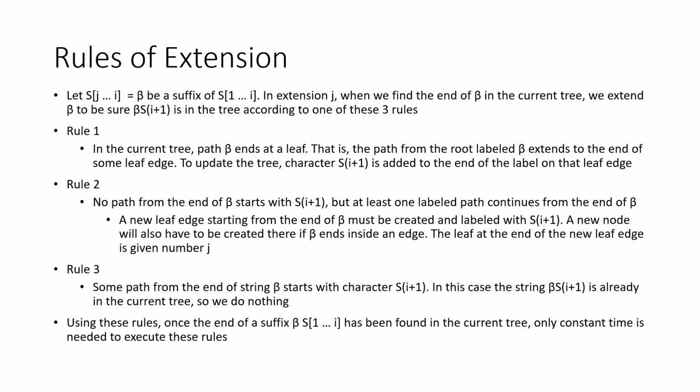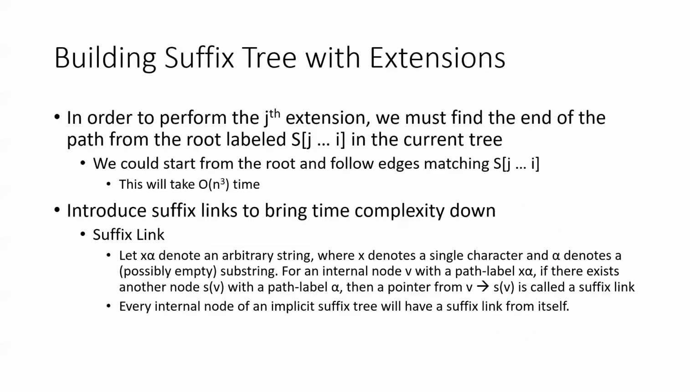The only problem with this currently is that we have to traverse the tree from root to leaf in order to extend it. So in order to do the jth extension, we have to find the end of the path. Basically, we start at the root and we have to traverse down to find each beta. And this is bad, because this takes cubic time. So in order to bring this down,